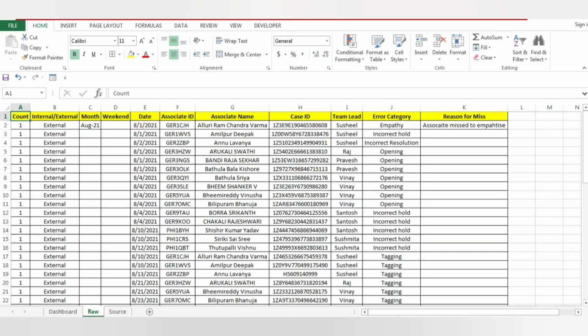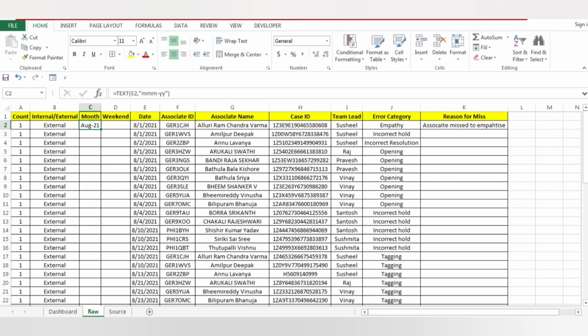Okay guys, so we left with the data, and I just added the random data here. You can go with your own data as per your audit files and all. I also forgot to add one more column, that is case IDs. It's mandatory to have case IDs as well, so I just added the case ID here.